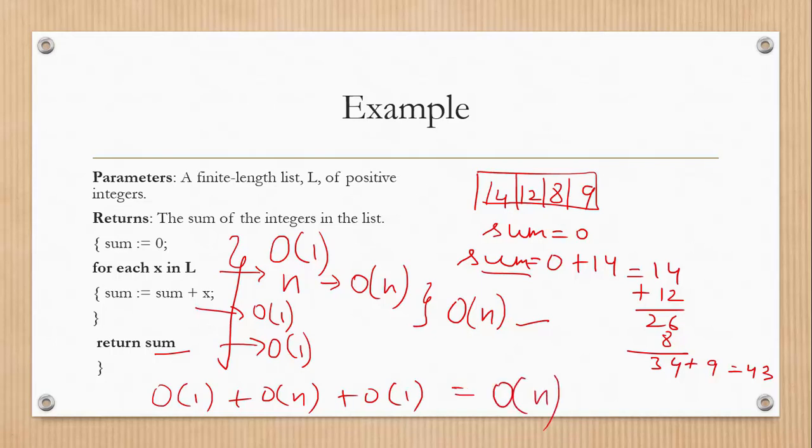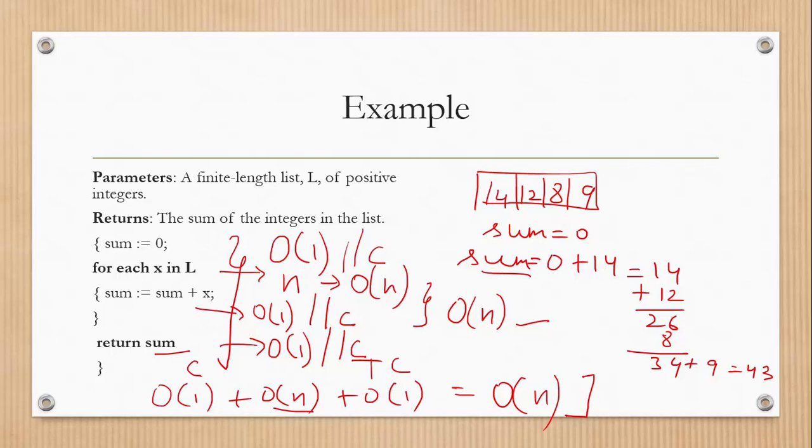We can also write that the complexity of this constant time operation is C, as discussed earlier. Then again its complexity will be C, its complexity will also be C. Then instead of order of 1 we will have some constant C plus order of n into C, which will be equal to order of n plus again C. So total complexity will in that case also be order of n.